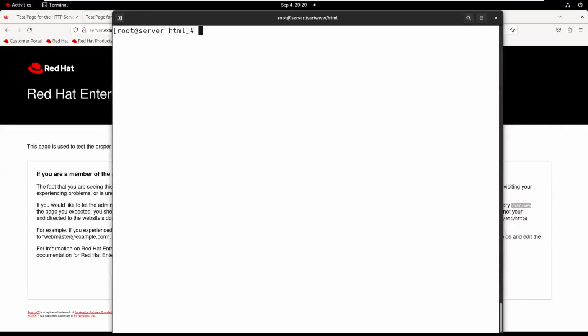Okay, let me try. I want to create one web page in the location /var/www/html. For example, I want to create a page named index.html. Let me write some code related to HTML. But who will write the code? The responsibility goes to developers only. But here I will write one example for loading the web page. In the index.html, let me write.